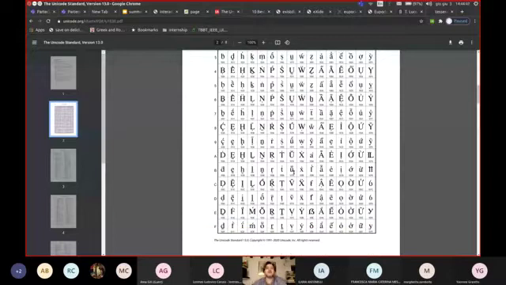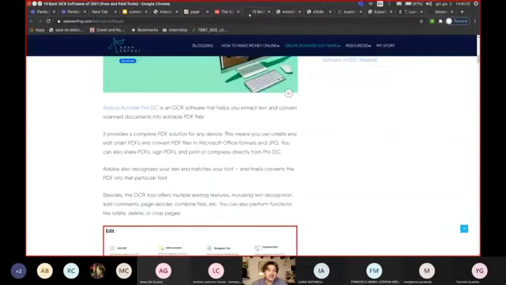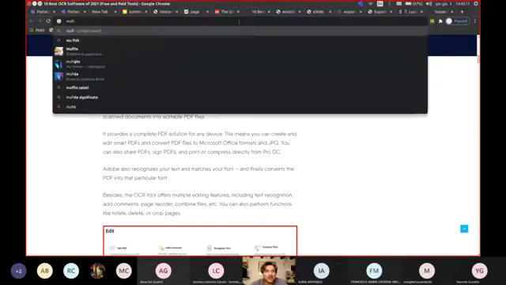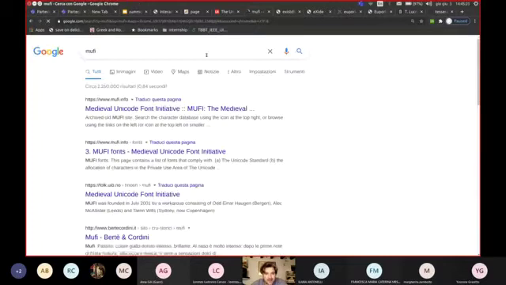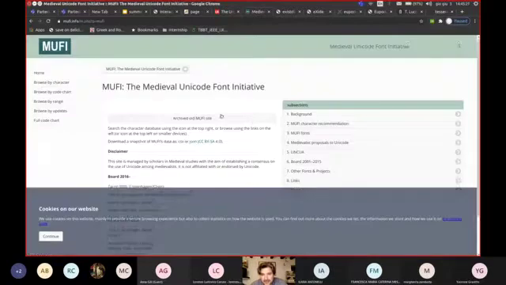If you are transcribing an early edition in Latin script, probably you will find the same abbreviations that you find in the manuscripts. So it can be useful for you to be inspired by the Medieval Unicode Font Initiative,